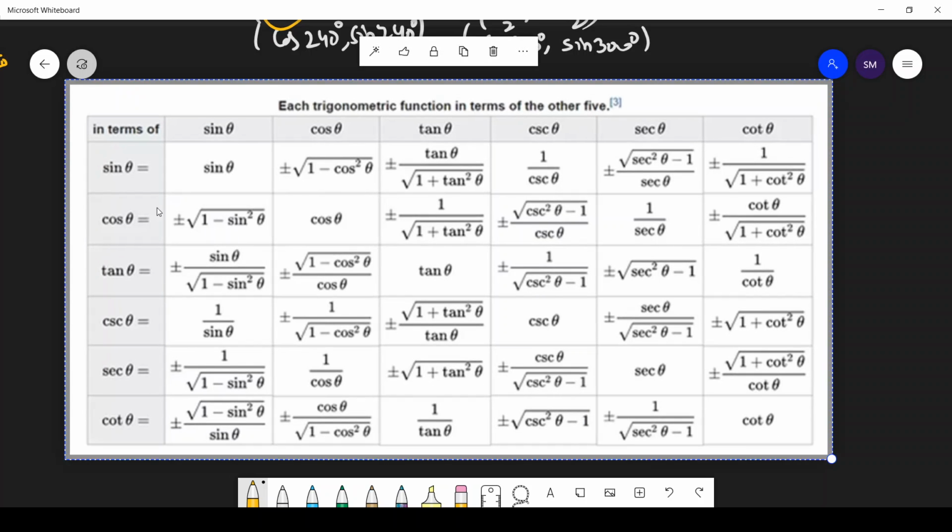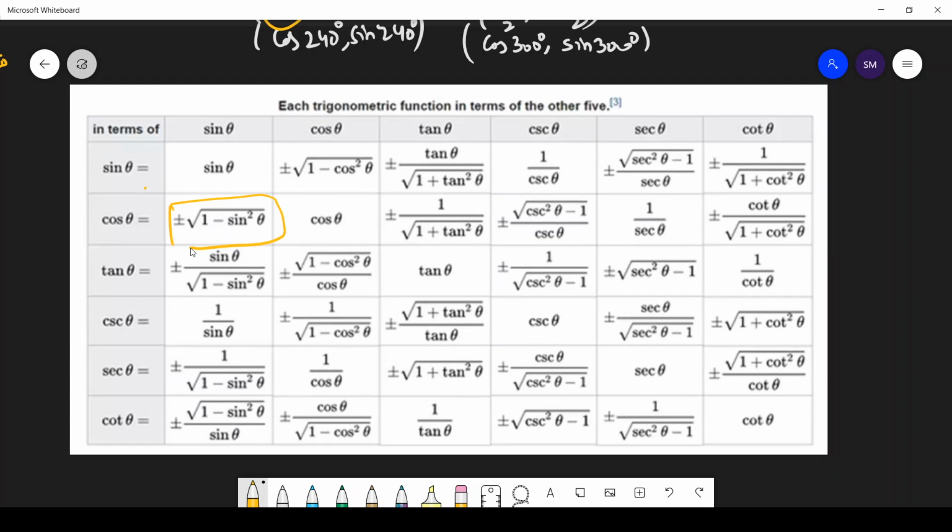So you want to write sine in terms of cos. This is easy, we have used the formula sine square theta plus cos square theta is equal to 1. And using this we have found this formula. Now tan theta is equal to sine theta upon cos theta. See how simple it is. You know sine theta, you know cos theta, so sine theta upon cos theta. It's as simple as that. Now you know sine theta, so inverse of it. Now you know cos theta, secant is inverse of it. Now you know tan theta, inverse of it. Done?